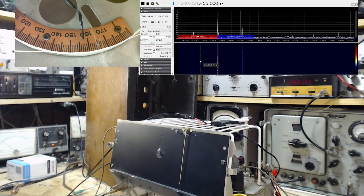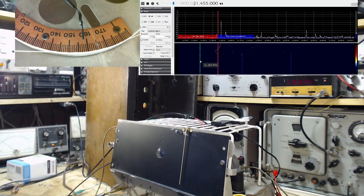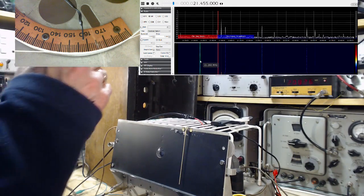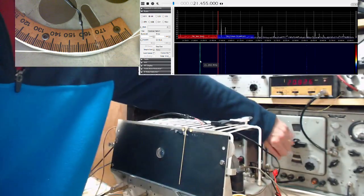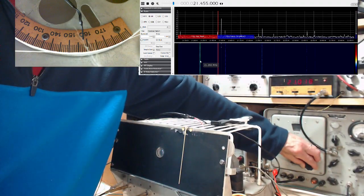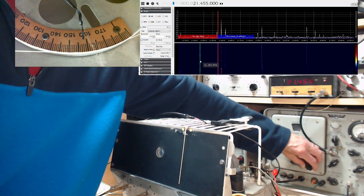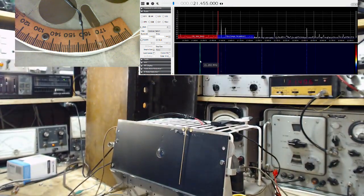So it should be at 162. And you should get exactly 21,500 out of this. 21. What did I do? Yeah, I did everything right except I tuned the radio to the wrong frequency. That's a big, big boo-boo. That's a big boo-boo, Jim. Come on. Okay. Not the end of the world. So what I really need to do...